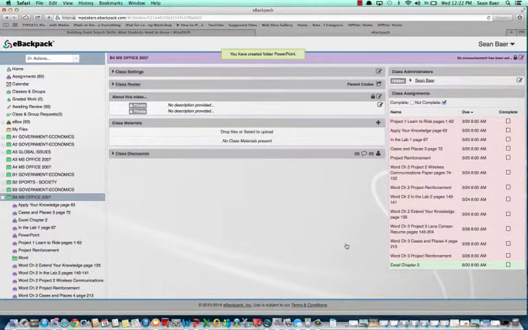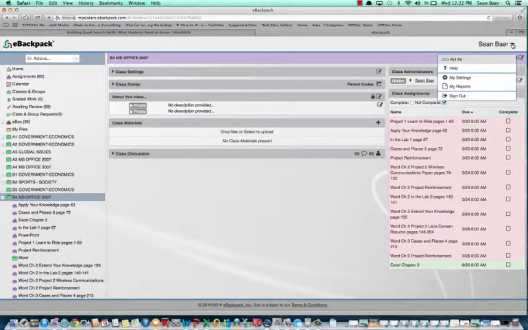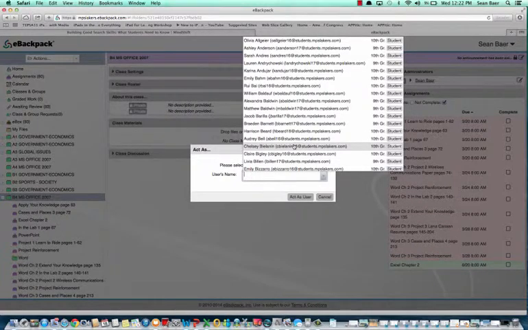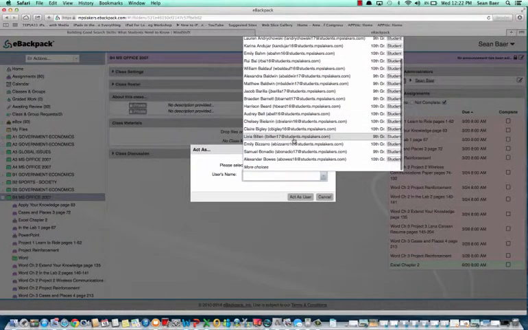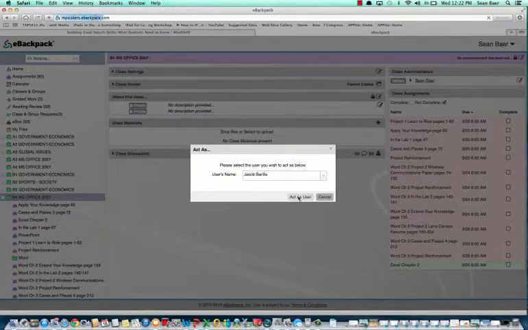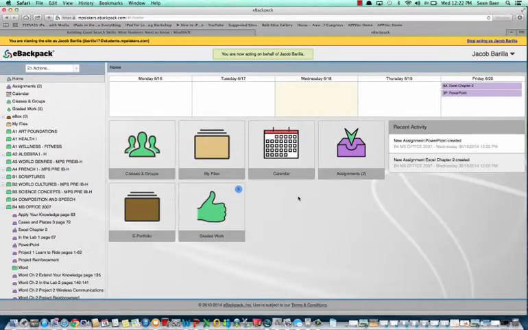Once I've added that to my MS Office class, it immediately shows up in the student app where they are able to see that assignment. If I ever wanted to see what the students see, I can go up here to the right-hand column where my name is, click Act As, and I can choose a student that I want to see that assignment. Okay, so we might just simply go to Jacob Barilla, Act As User, and we would see his